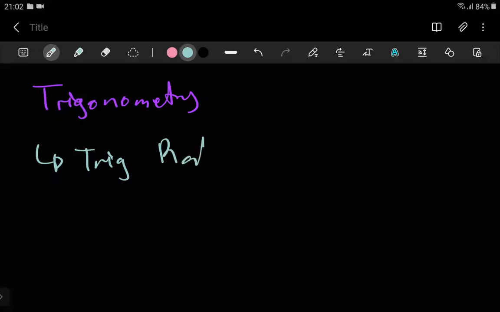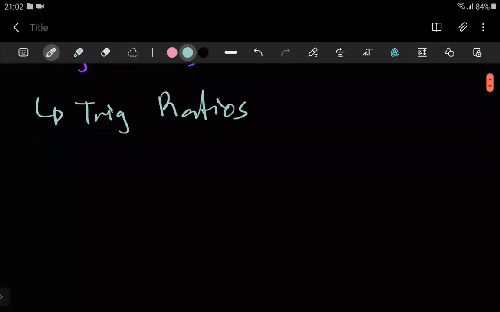A breakdown of what trigonometry is all about. So for example, if you're in grade 12, when it comes to trigonometry, this is what you need to know. The first thing is obviously trig ratios. You need to know trig ratios. So trig ratios refers to